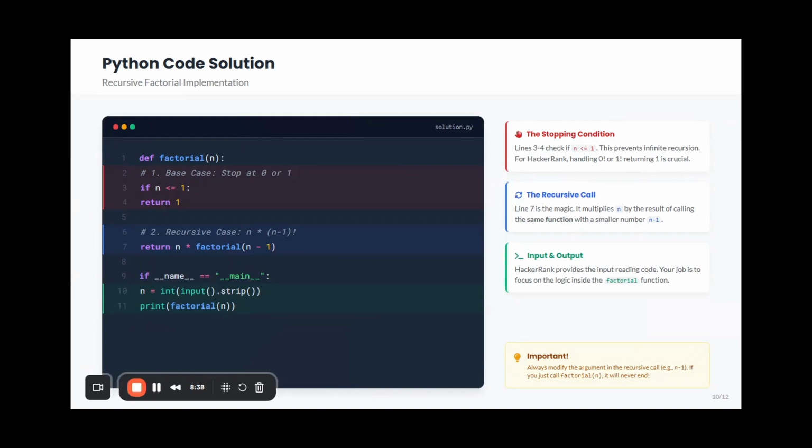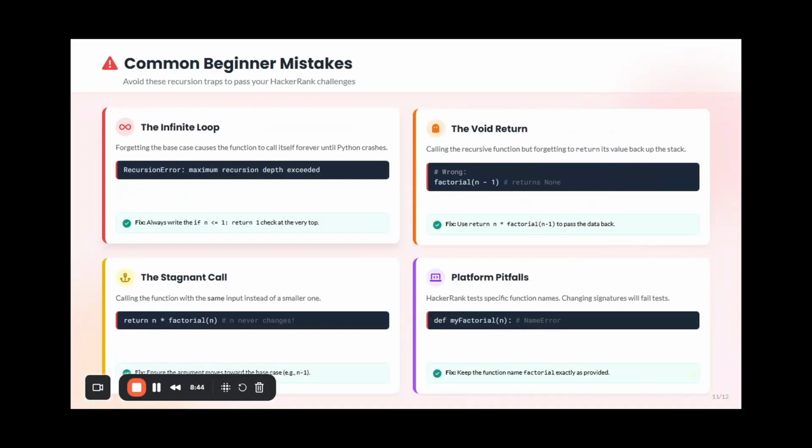This is the Python code solution for the factorial calculation using recursion. And these are some common beginner's mistakes. One is the infinite loop, you might get a recursion error. One is the void return. Another one is the stagnant call.